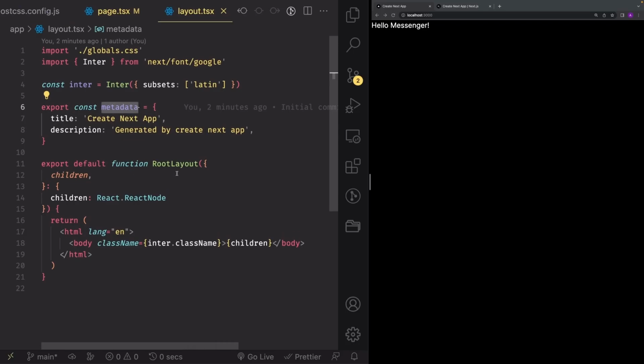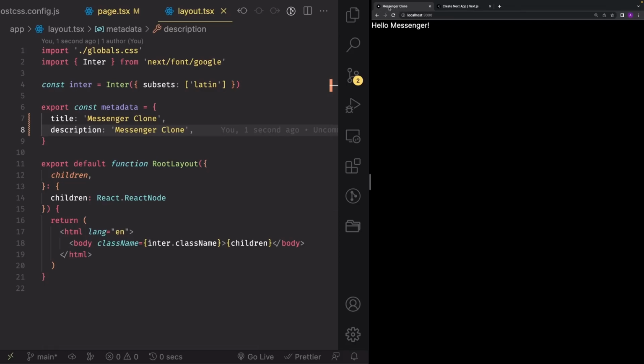You can edit the font. Nothing else to do here. So let's go ahead in this metadata. If you want to, you can change the title to Messenger Clone, for example, and you can change the description to Messenger Clone as well. And in a couple of seconds after this hot reloads, you can see that my tab name has changed to